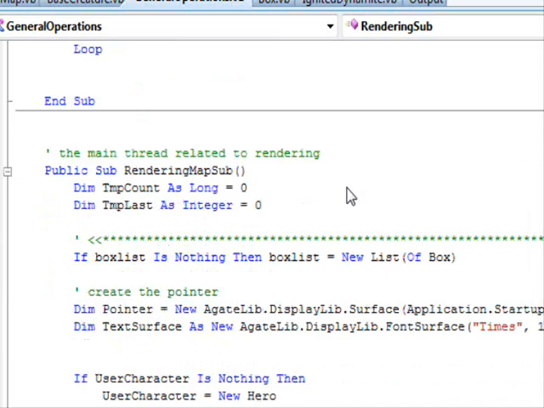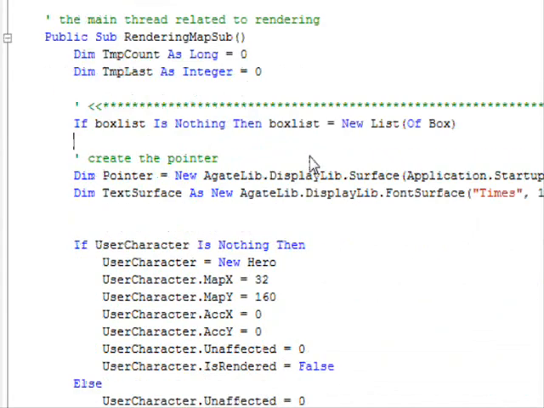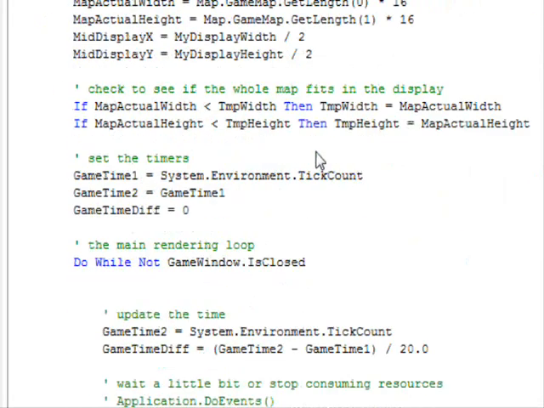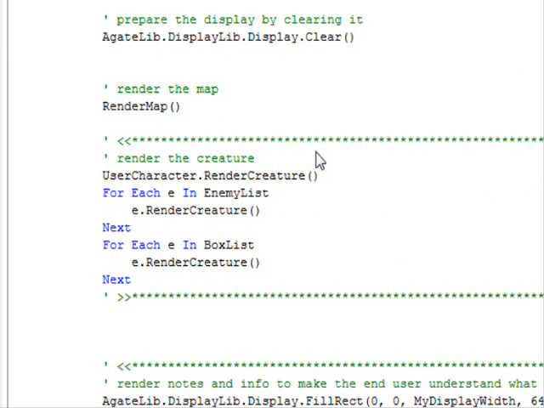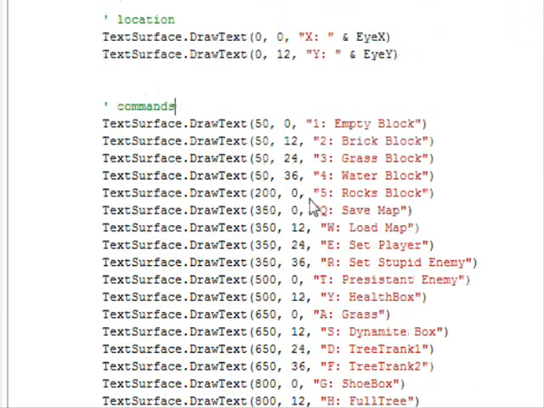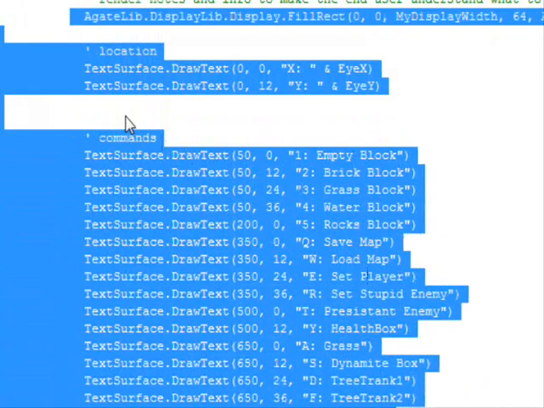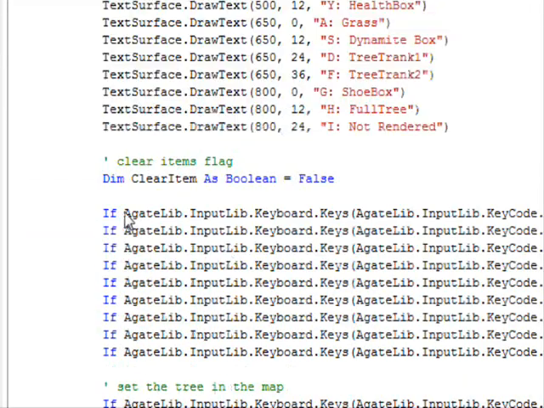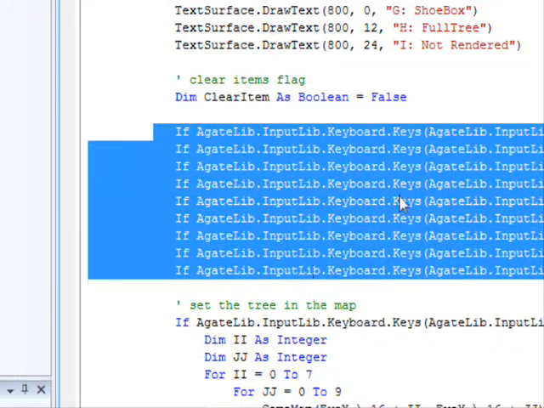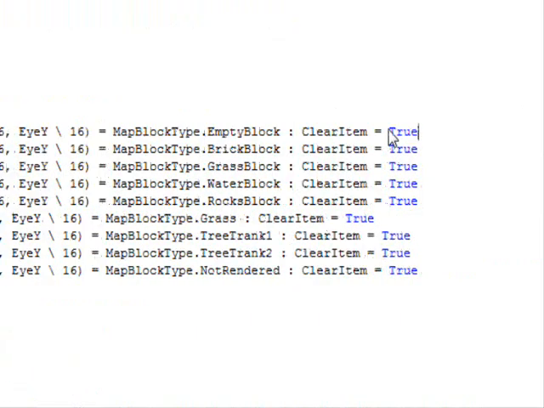Now, for the editor itself, it's easy and straightforward. It's the same code of the main render subroutine, except that I removed the update locations and collision detection here, and added a few lines of code here to display the status. You can see these. Okay, these display the status. And then I added these simple if statements. If the keyword is D1,